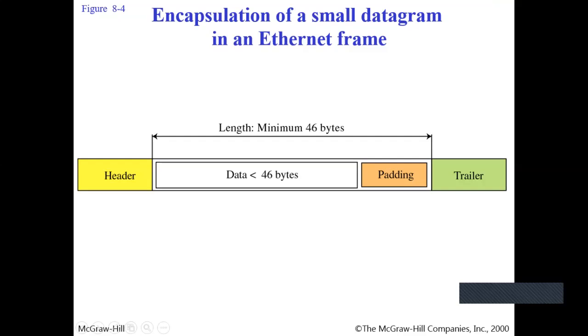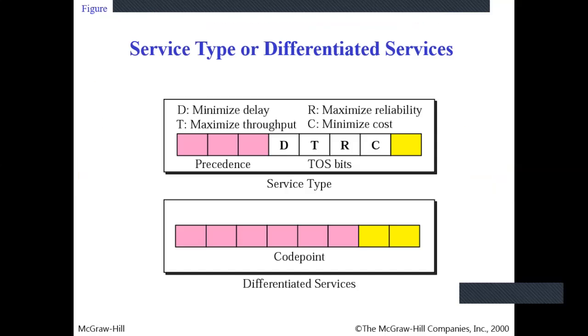This header is the Ethernet header. Clear? This is the Ethernet header format, and these are the trailer bits which we find as a checksum calculation, or CRC calculation, or parity bit checking, to identify the integrity of the data. Clear?